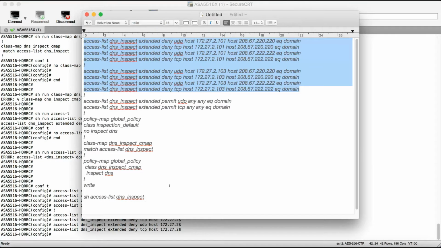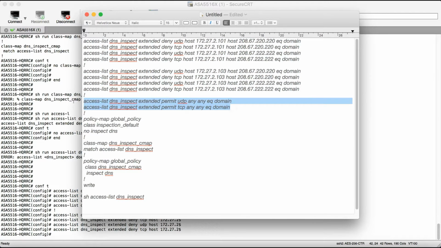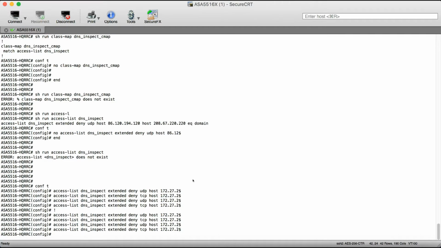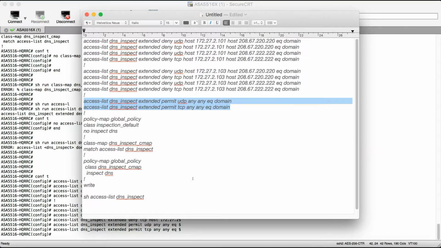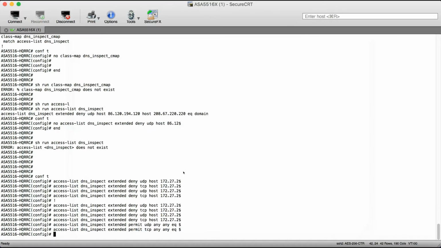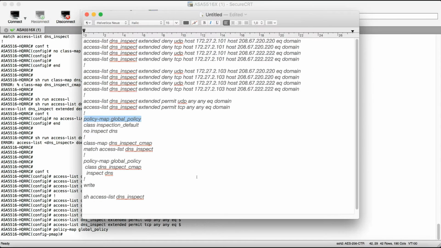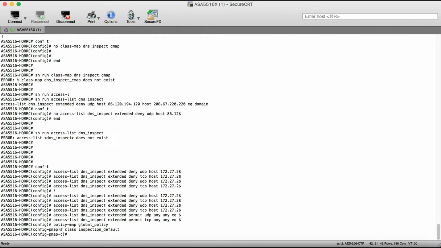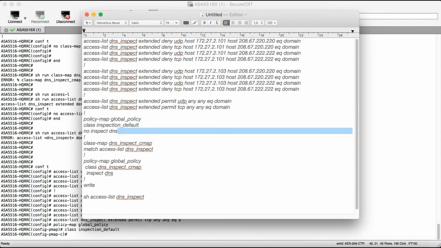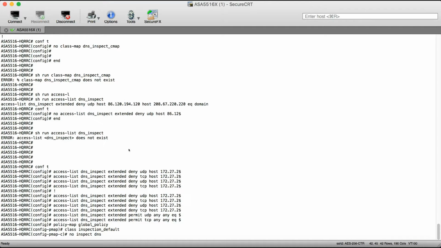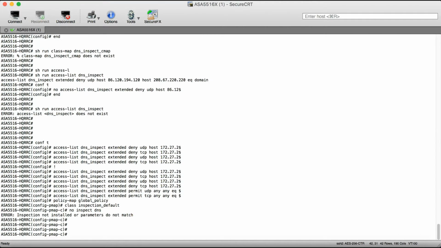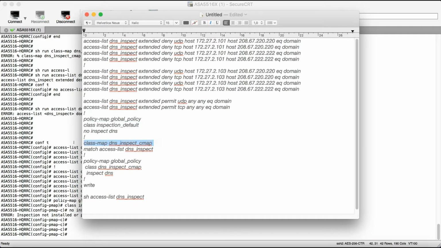So this is the specific IP address defined in the access list. And now the generic ones. Going to global policy map, then the class, just to make sure, class inspection default, no inspect DNS. Good. Now